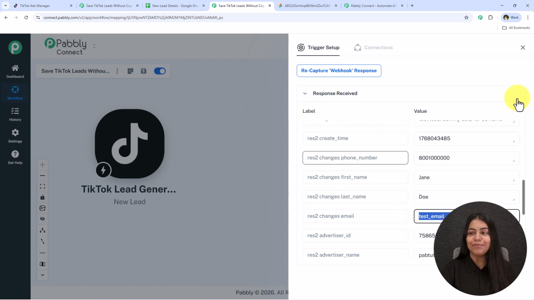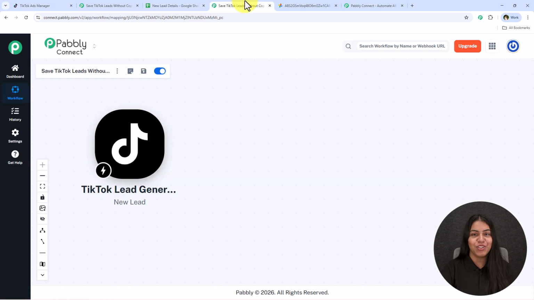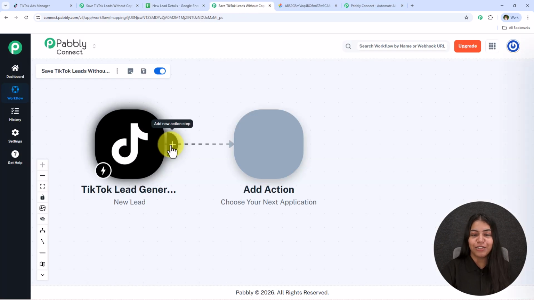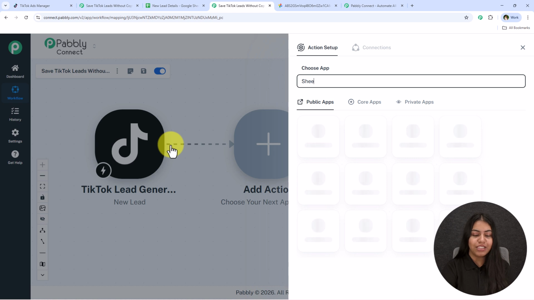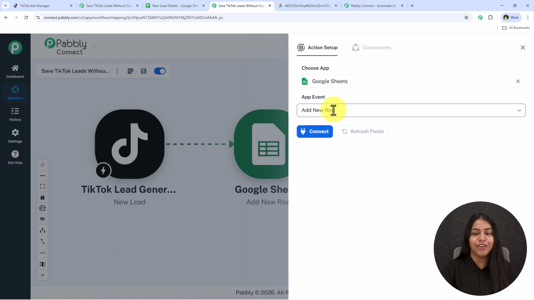And now using the same details, I'm just going to add these details right over here in my Google Sheets, but without copy pasting it. How? I'm just going to show you. For that, you have to click on this add new action step, and for the action application, search for Google Sheets and select it. For the event, you have to select it as add new row and click on this